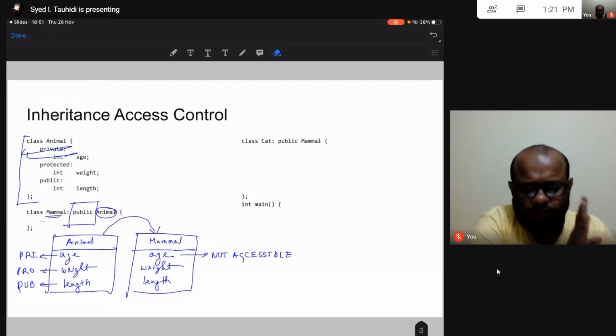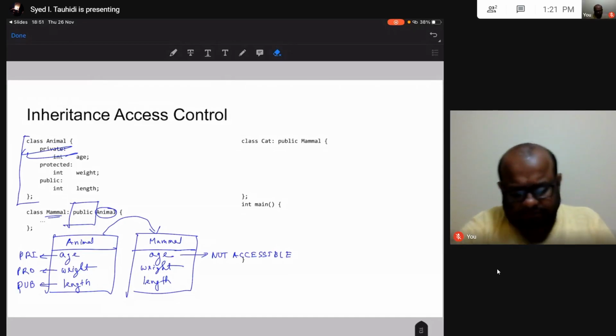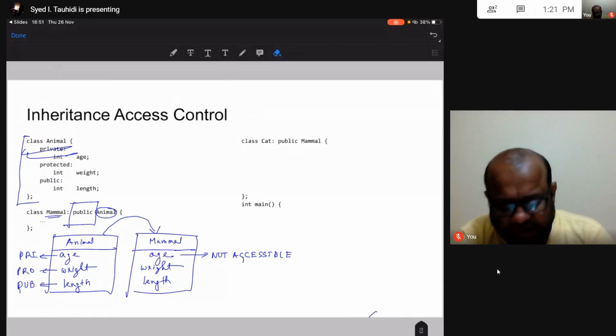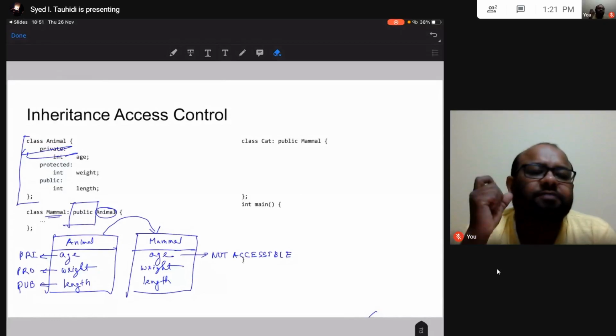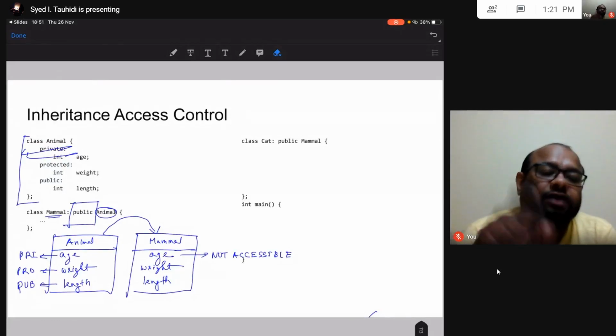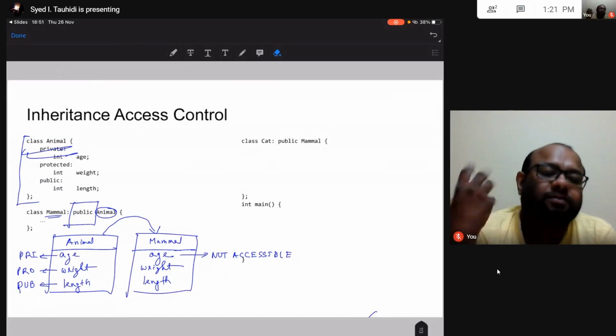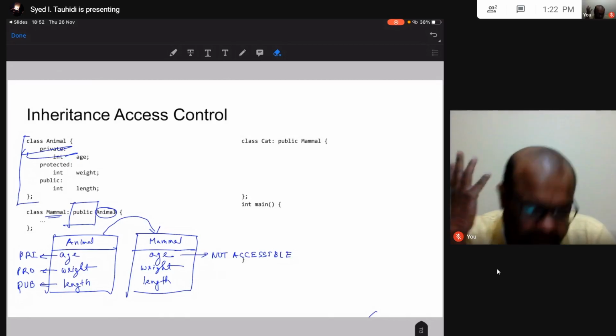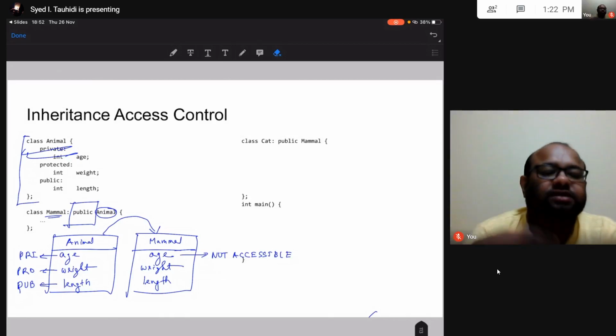I hope you understood that. But age is not accessible inside the class. We talked about this. If there is some private attribute, I can write a method in that class, and whatever methods are there inside that class will be able to access that private data attribute.